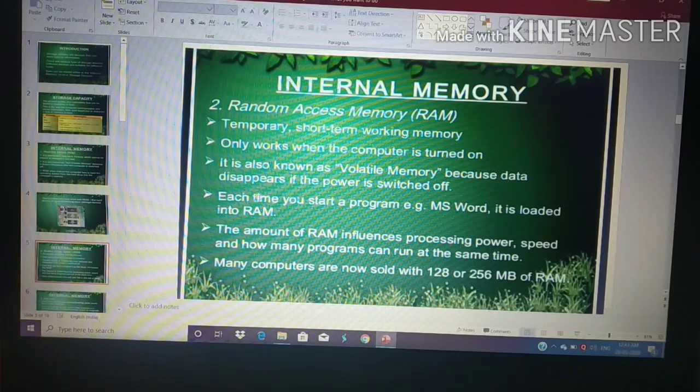Okay, now comes this: each time you start a program, MS Word, it is loaded into RAM. When we start any program, like MS Word, it is loaded into RAM. Now the speciality of RAM is that the more the RAM, the more efficiency in your processing power and speed, and you can run many programs at the same time. Okay, remember, I'm repeating again: the more the RAM capacity, the more efficiency in processing power. Your processing power will be higher, speed will be higher, and you can run more than one program at the same time. The last point is that many computers are now sold with 128 or 256